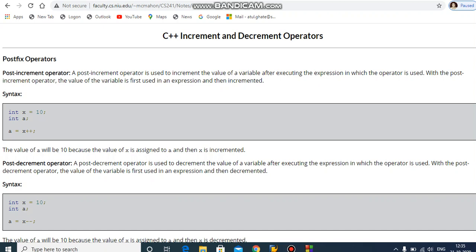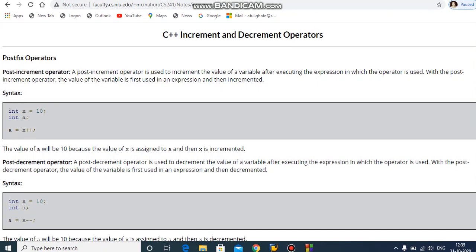Okay, so the output is 10. After that, in the next statement, the post increment operator will increment it by 1. x plus plus means x equals x plus 1.